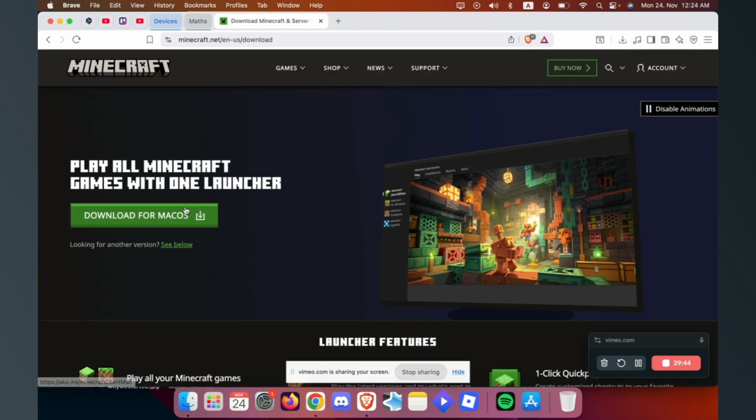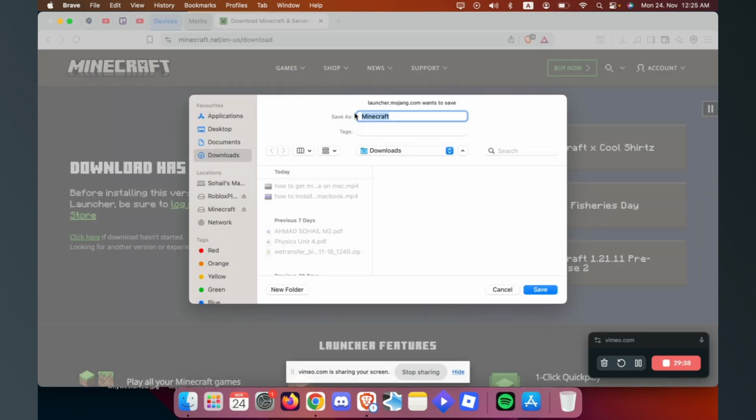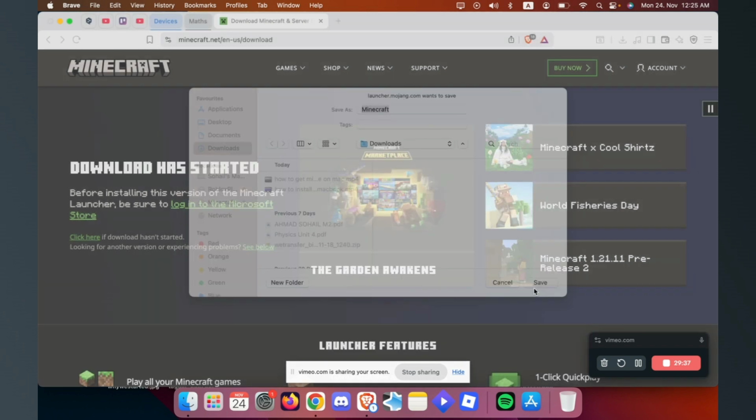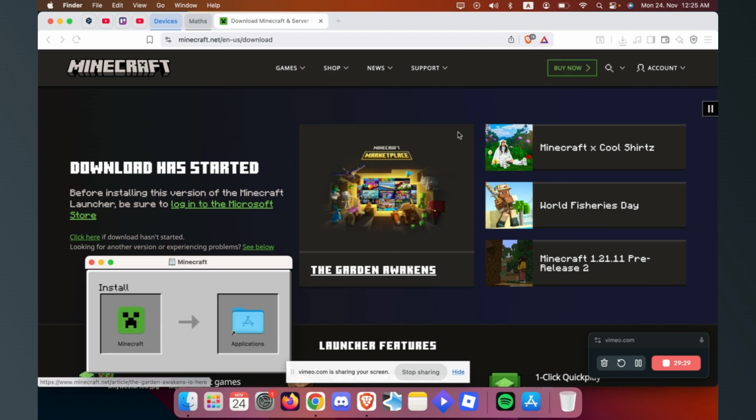Then you'll be redirected to a page where it says download for macOS. Just go ahead and click on that, and then you can save this file, which is the installation file. Now once it's downloaded, just go ahead and click on it, then drag Minecraft onto the applications folder,